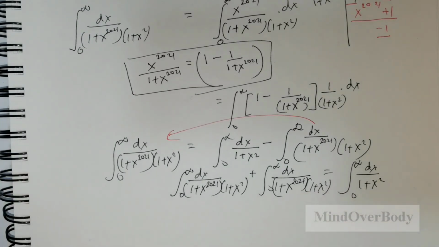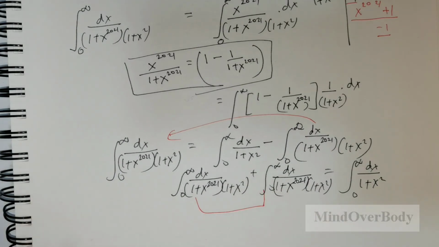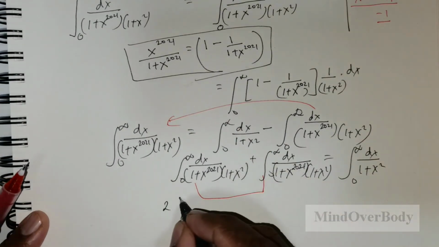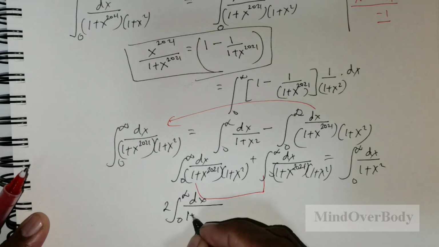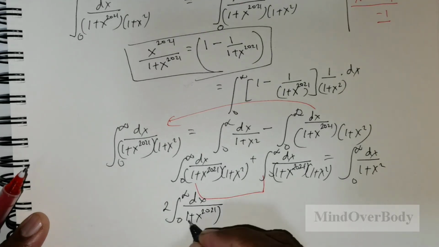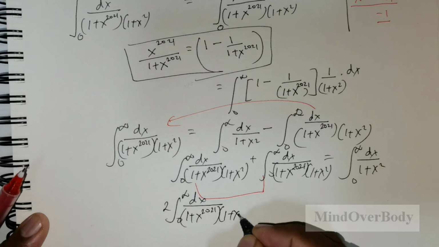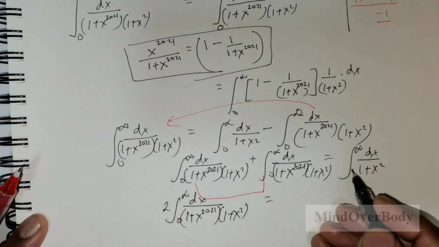Now you can add these two together, and I would get 2 times the integral from 0 to infinity of dx over (1 + x^2021)(1 + x^2) is equal to